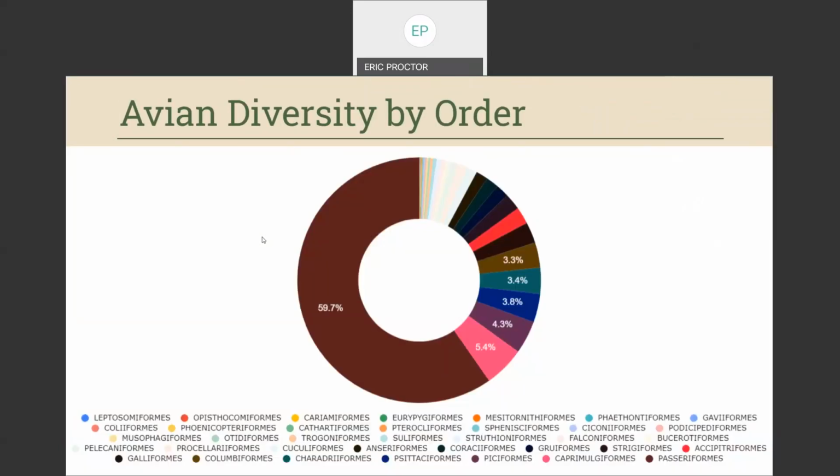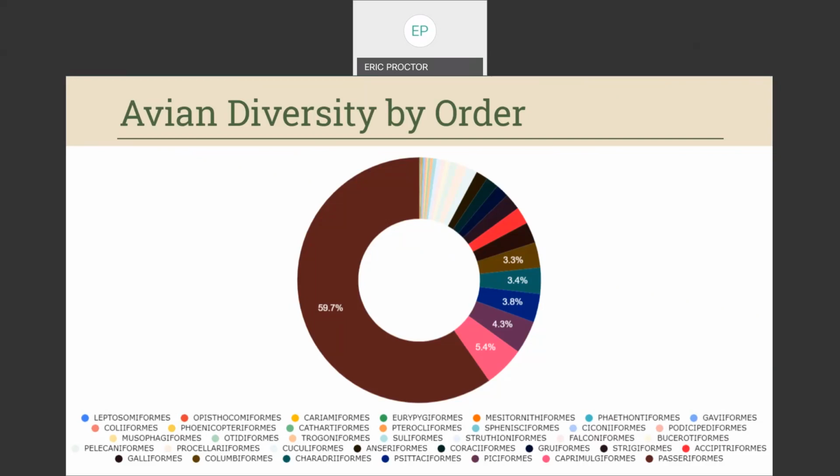So that graphic was cool and all, but as I mentioned, it was very, very complex. I was interested in diving into the data a little more, trying to simplify it. So I found some freely available data on bird diversity and created some of my own graphs. This data comes from the International Union for Conservation of Nature, or what we call the IUCN, an organization that is devoted to understanding the status of nature and how to conserve it. In this case, it breaks the birds down by their orders. So these are all birds, but these are different types of birds under that avian group.